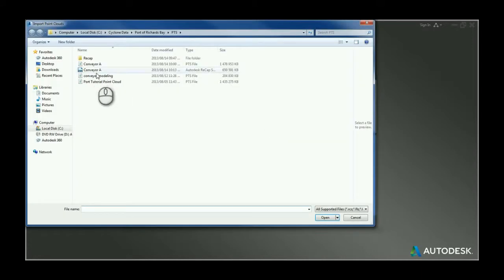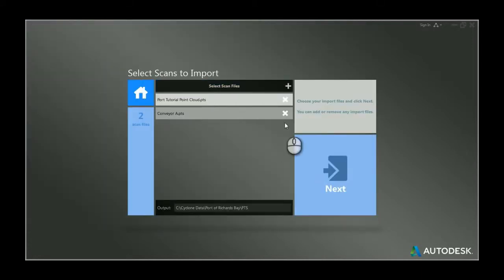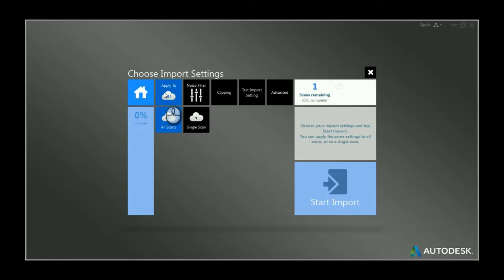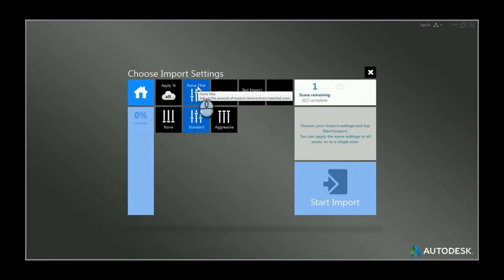Now you can add more point clouds. There you go, you can delete them. But for now we'll start with one and continue on. You say next, and it'll bring up the choose import settings, where you can apply the settings you choose to all scans or a single scan. Here at noise filter, you can filter out noise